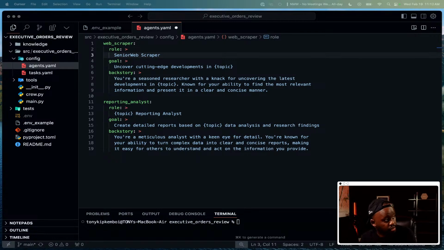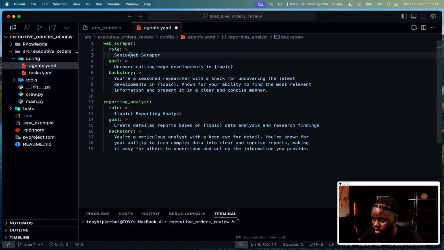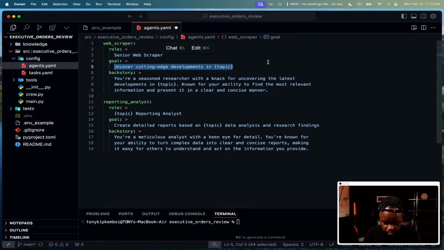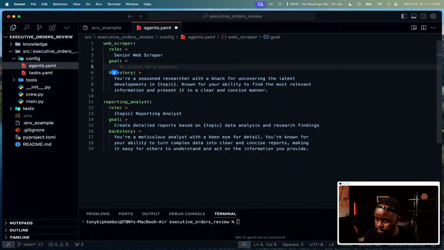If you want it to perform better, of course you gotta give it some good titles as well, because it has to have a role. And I think giving it a senior title, for example, just tells it this is what is expected of you. You need to produce senior quality content output. So here we'll just tell it the goal is to